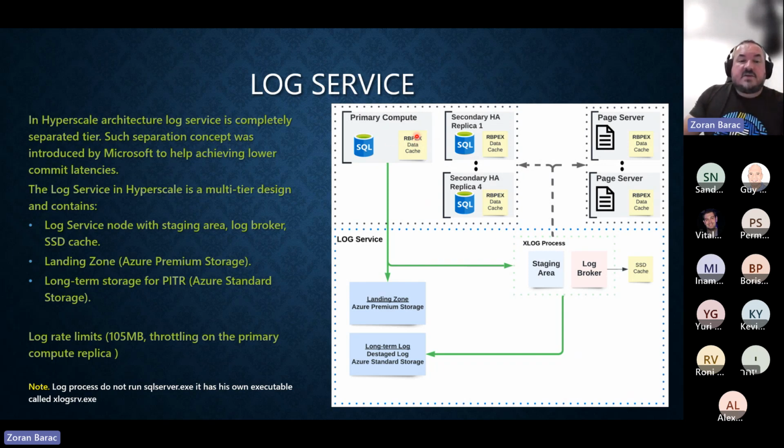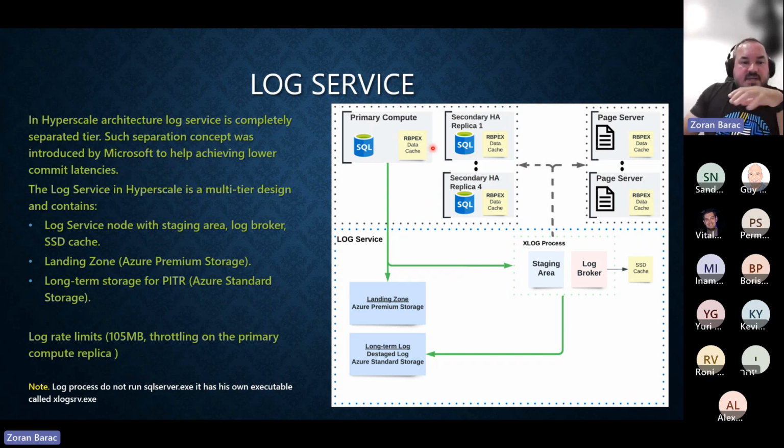Size depends, as I already explained, on the primary and the secondary. It's on the compute node in general. It's a ratio with your number of cores and the memory. If you have 2 cores, that's around 5 gigs per core, that's 10 gigs of memory, a little bit about that. Times 3, you have 30 gigs of resilient buffer pool extension for caching, plus the buffer pool as well. And the page server is a bit different. This is a covering cache, but we're going to explain that in one of the next slides.